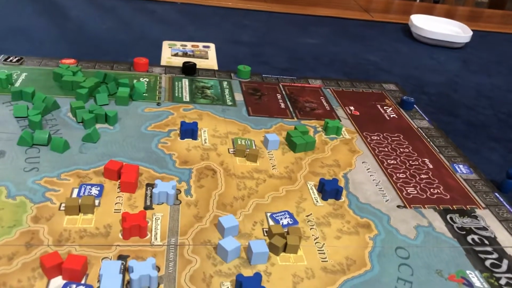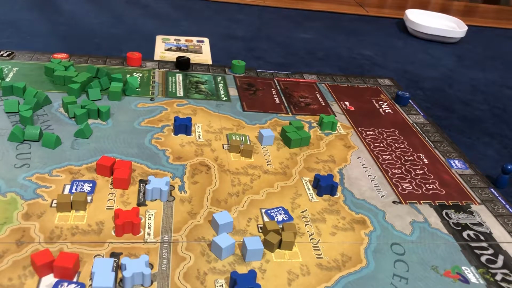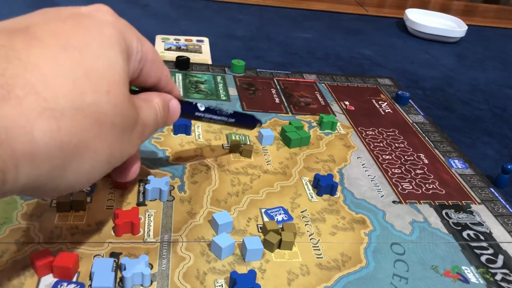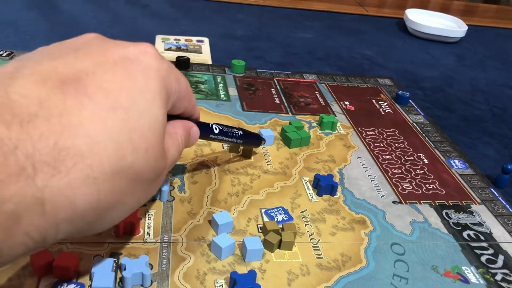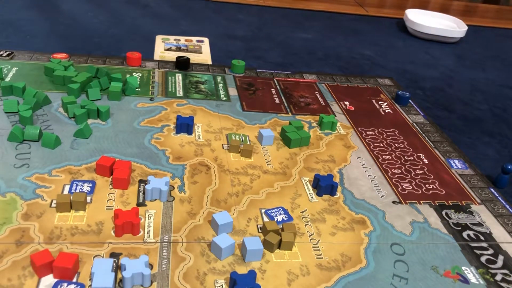So what's going to happen is maybe they can ambush that particular militia and kill it. It is possible, right? So if they do, then this will be empty. But let's say that they don't, and then what this militia is going to do is it's going to retreat into the hill fort. So then, looking at the battle chart here, when it retreats into the hill fort,